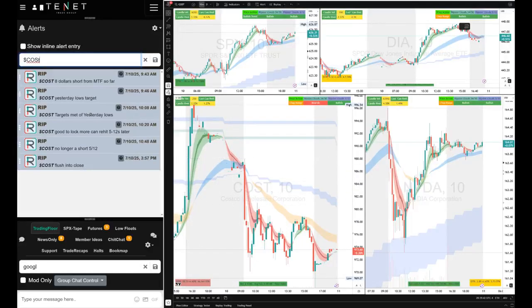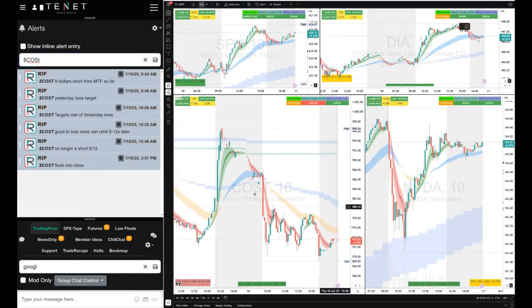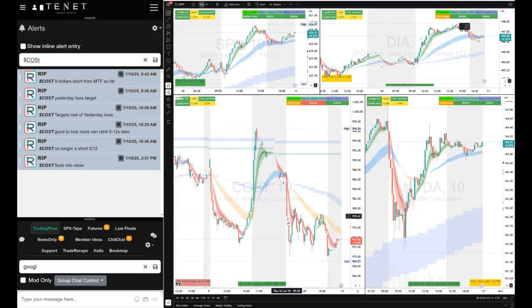I told the traders the target is yesterday's lows. So you short at 984, 982s, and yesterday's lows was 782. We hit the target at 10 a.m. That's where you cover your short. Costco bounced all day after the fade, but this was your main trade. Beautiful winner, Costco. All right, so let's look at the next one.